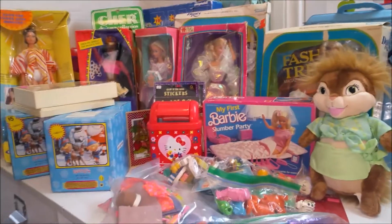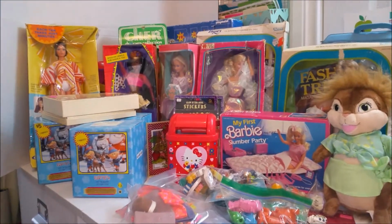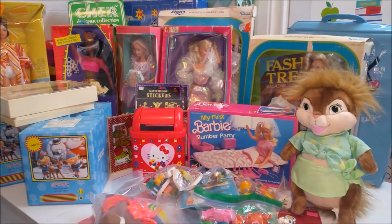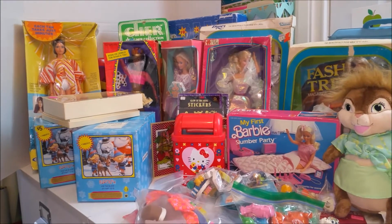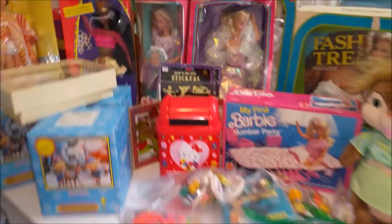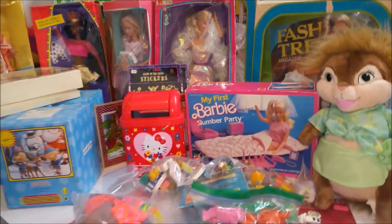Hey Toy Addicts, here we go with this giant haul. So much fun stuff that I found at the, they call it the Northwest's largest garage and vintage sale. They hold it a couple of times a year in Vancouver,